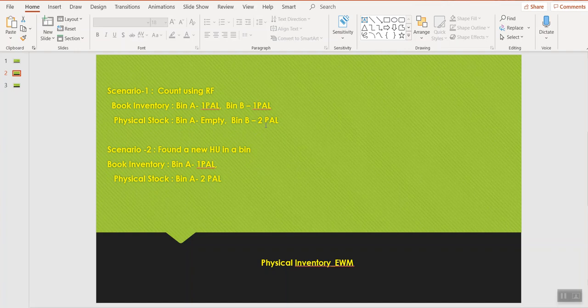So while counting, the HU that is showing in bin A, we will maintain it as not existing, and then in bin B we will add that first HU that is missed. We will see how we can do it in the RF.